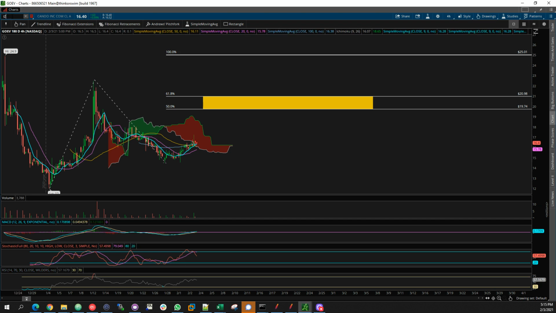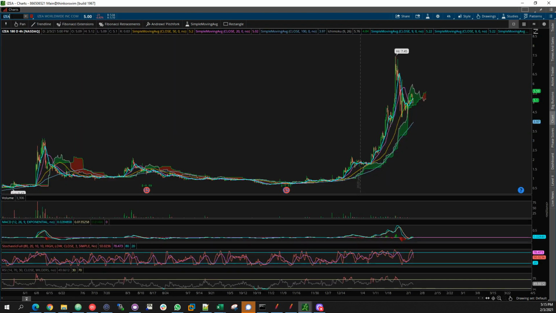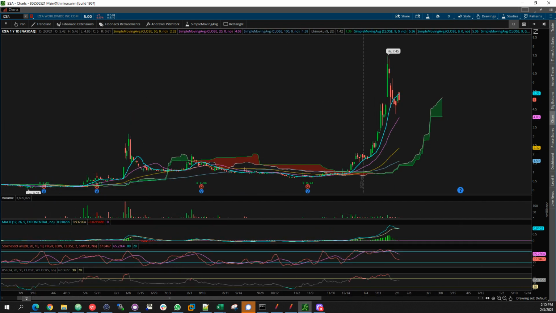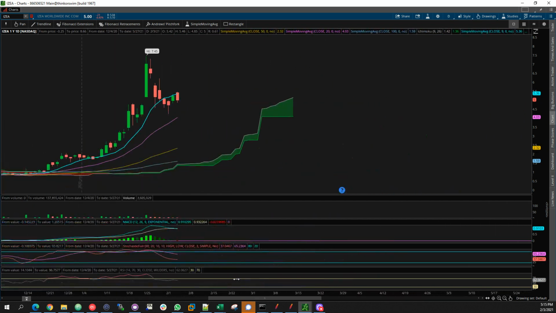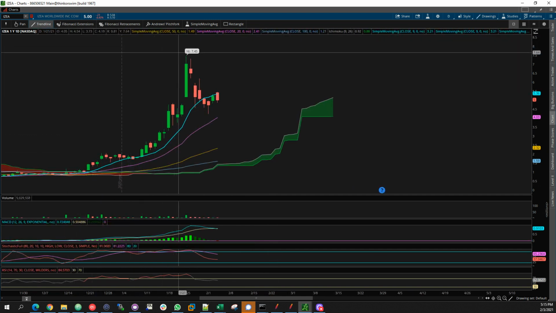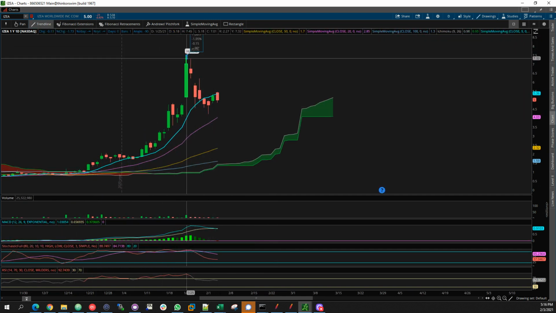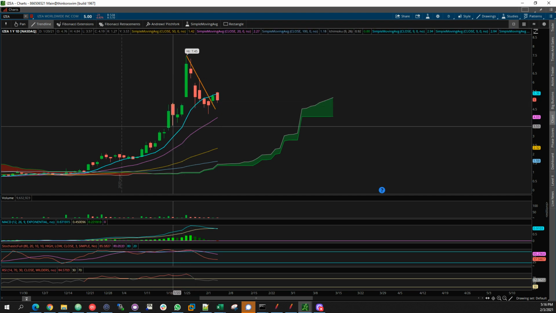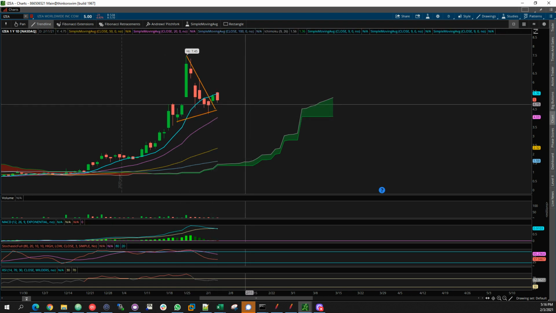IZEA, this was another request. IZEA. I don't know if I pronounced it right. Wow. Okay. This chart has been on a very bullish run. I don't know the company, but it looks very good. I don't know if this is the type of thing that Trader Stewie would put out. Um, I'm not sure why it's not clicking here. There you go. So it definitely broke out, but the 9-day moving average seems like a resistance